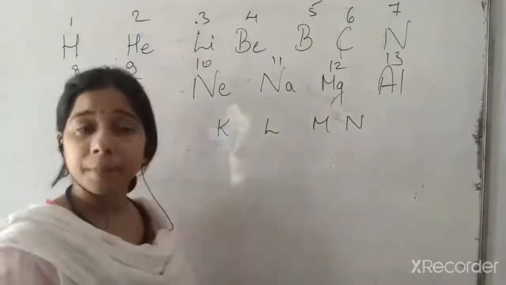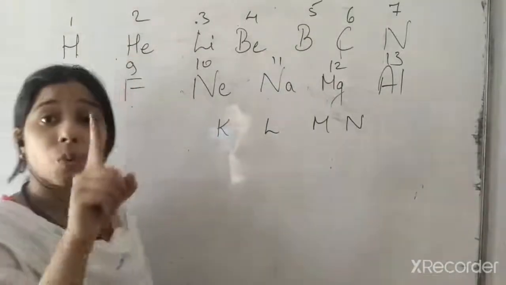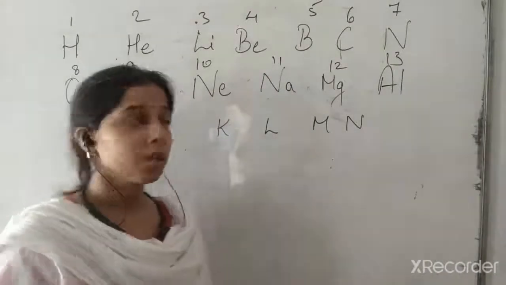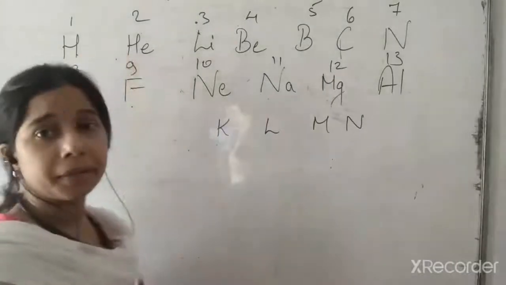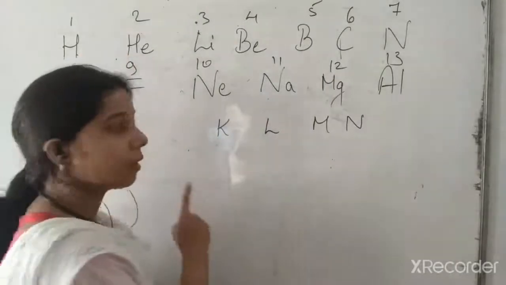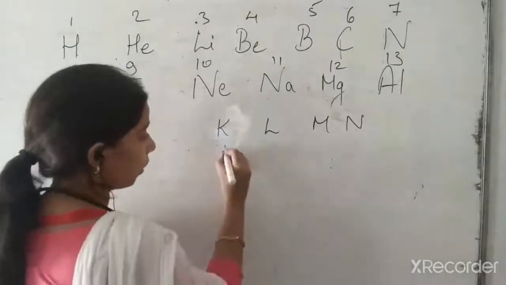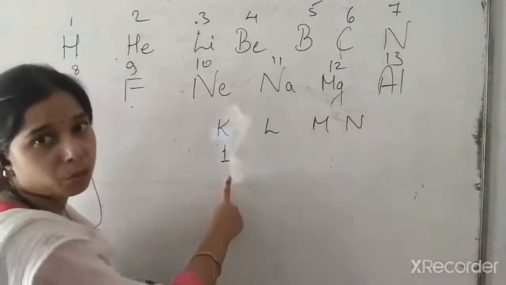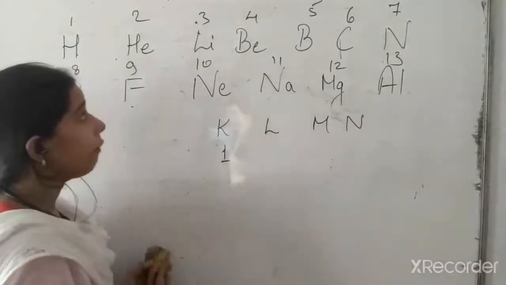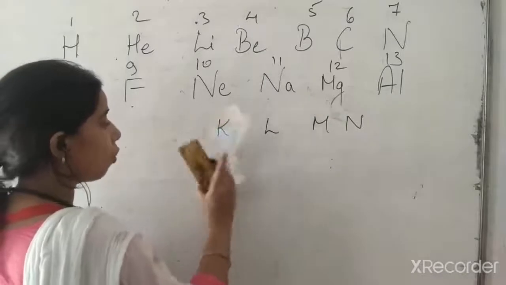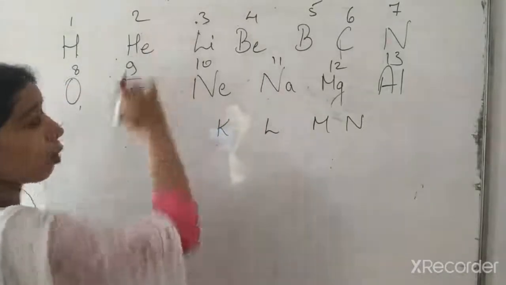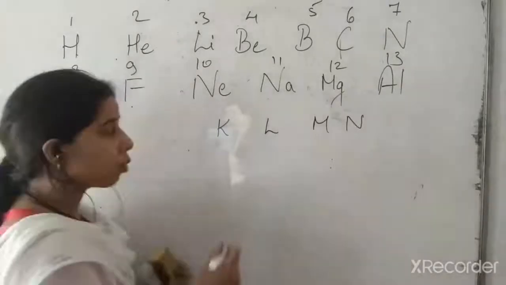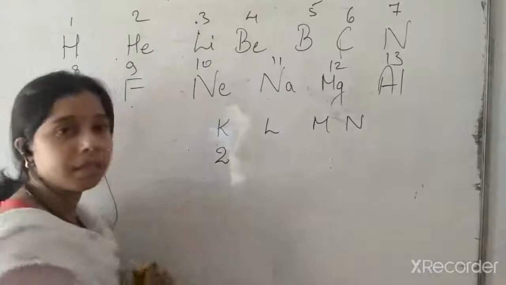So this is the K shell. The atomic number is 1, it means only one electron is present here. Atomic number means number of electrons. So if the atomic number is 1 here, the number of electrons present in the K shell will be 1 only, because there is no other electron present in hydrogen. If we talk about helium, students, helium has atomic number 2, so the number of electrons in helium is 2, and it will enter the same shell.